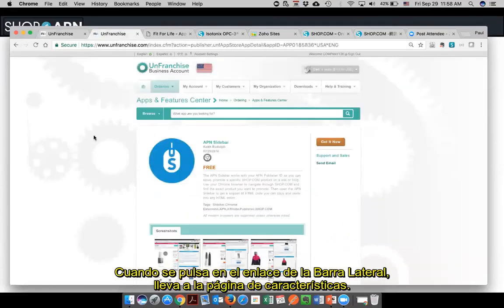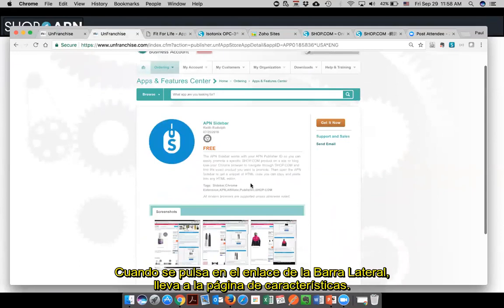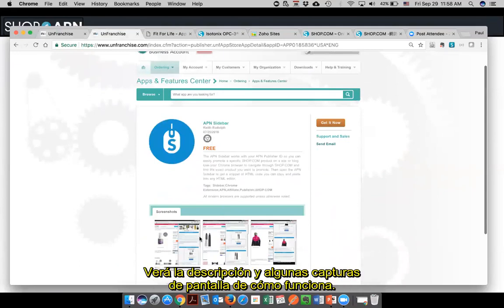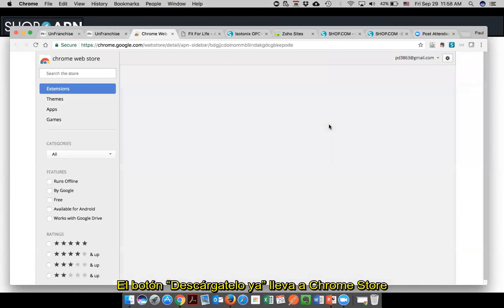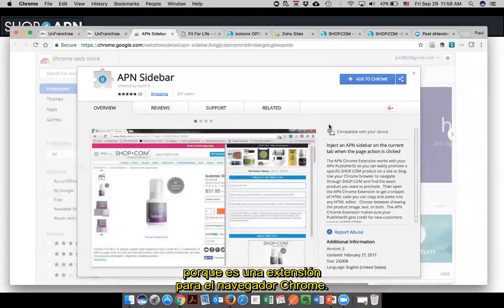When you click on the sidebar card, you come here to this detail page, and you can see a description as well as some screenshots of how this tool works. But we want to click on the Get It Now button because we want to get this loaded and use it now. The Get It Now button will take me to the Chrome store